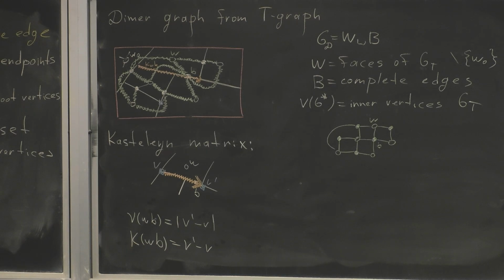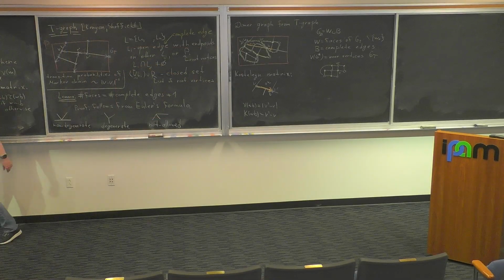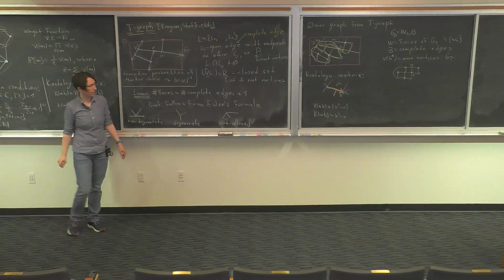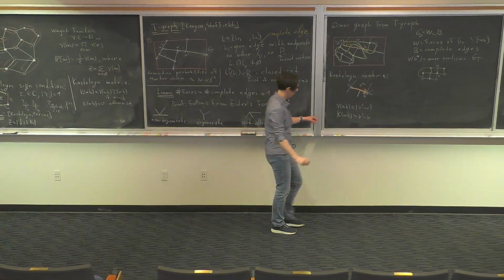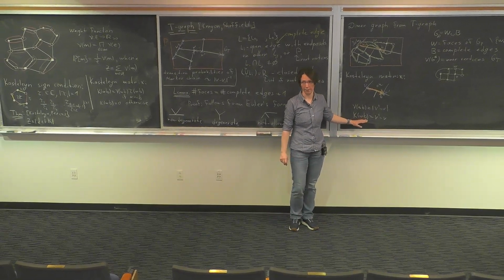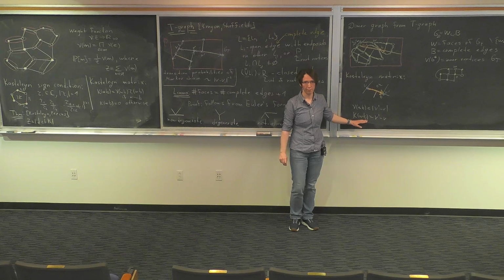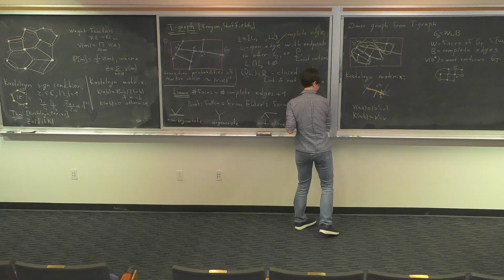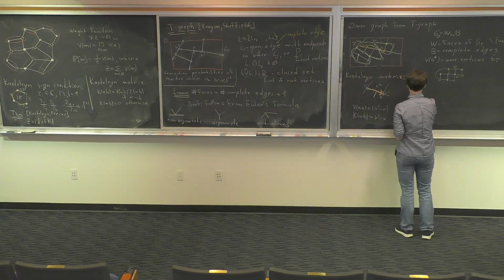Because remember, we need this alternating product to be plus or minus 1 depending on the degree of the face. And to claim that this is my Kasteleyn weights, I need to check the Kasteleyn sign condition for those weights, that this geometry agrees with the Kasteleyn sign condition. Okay, so to do this, let us check the